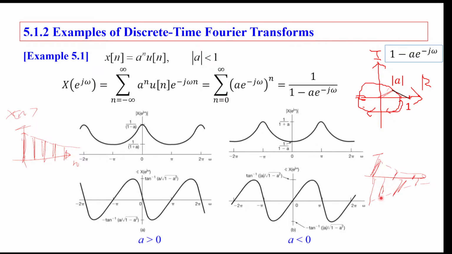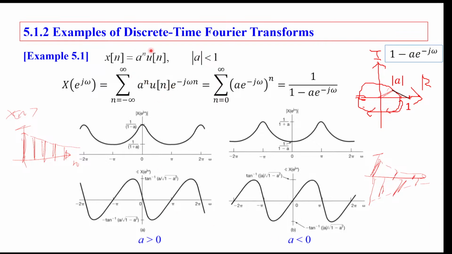Okay, and we have a bit of a sketch of the signal when a is a real number. When a is greater than 0, you have this exponential decay with a positive, so it's just decaying because the absolute value of a is less than 1, like the decaying signal started at n equal to 0. And when a is less than 0, then you have this up-down decaying signal. Okay, so the absolute value of a still gives exponential decay, but because a has a minus sign, the signal will flip up-down. And you can think this is kind of a low frequency signal, and this is a high frequency signal, because the signal keeps oscillating up-down. Okay, and anyway,